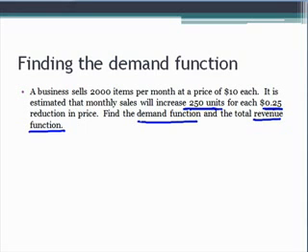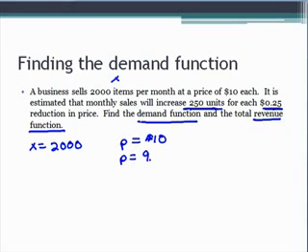Let's start off with the items. The items are going to be X. We know that we can sell 2,000 items at a price of $10. And if we decrease the price by 25 cents, down to $9.75,